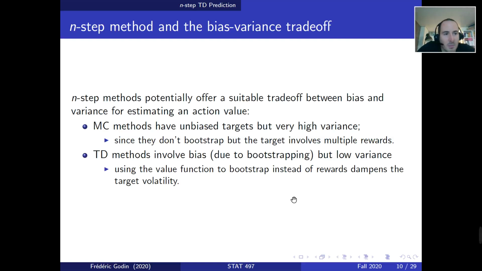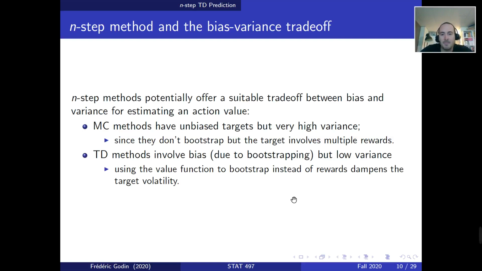In Monte Carlo methods you don't use bootstrapping, so you have zero bias, but you have very large variance because you have to sum all discounted rewards, each of which has some degree of variability. Whereas for TD methods, you have very high bias because the bootstrapping term is weighted very highly, gamma to the power 1, and even if gamma is equal to 1, it is almost always there unless you reach the terminal state